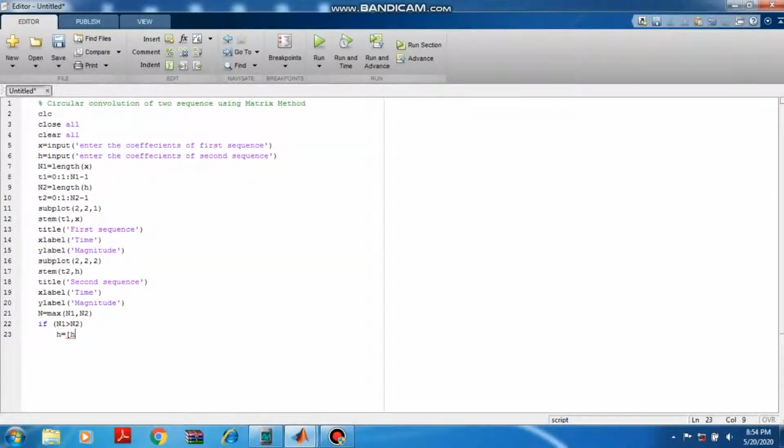The existing matrix is H, which has three ones, 1 1 1. In front of it I need to put how many zeros? n1 minus n2 zeros, that is 4 minus 3, that is 1 zero. So I'll write zeros(1, n1 minus n2).